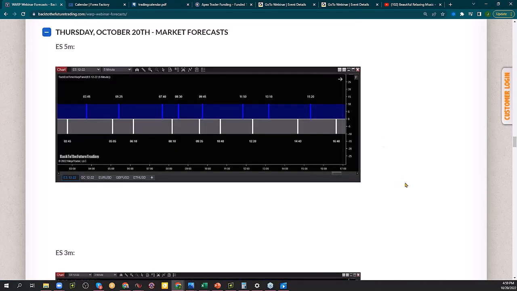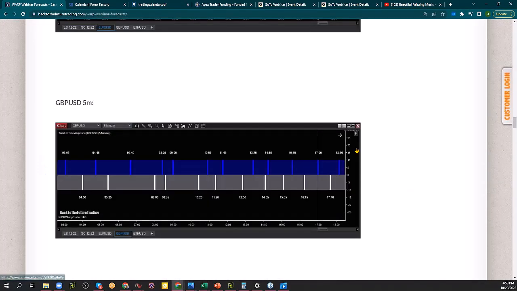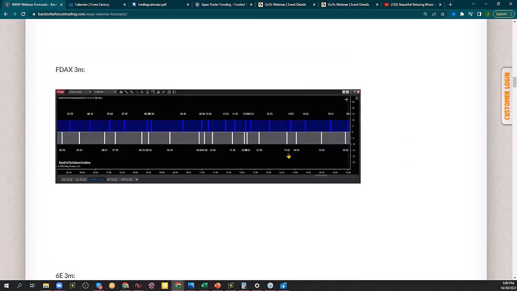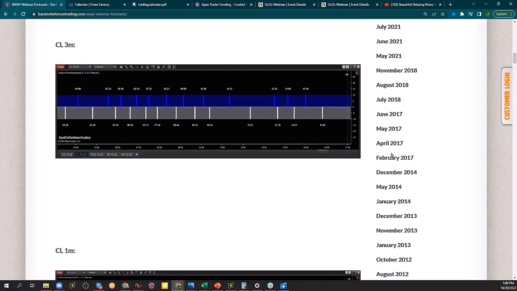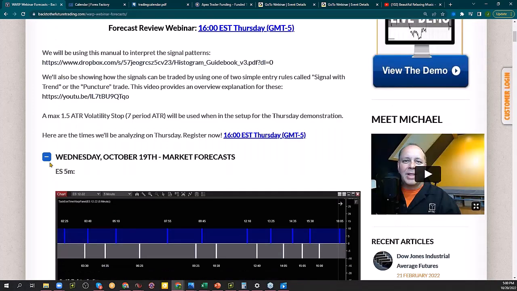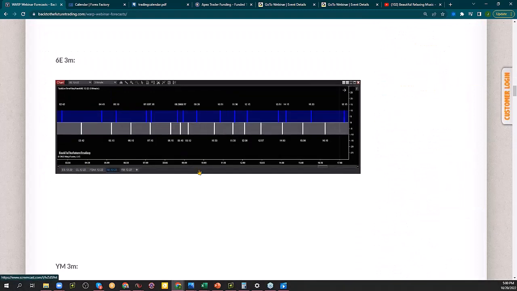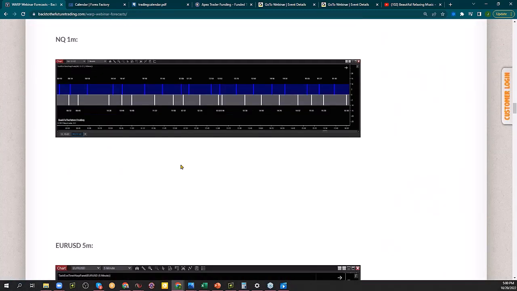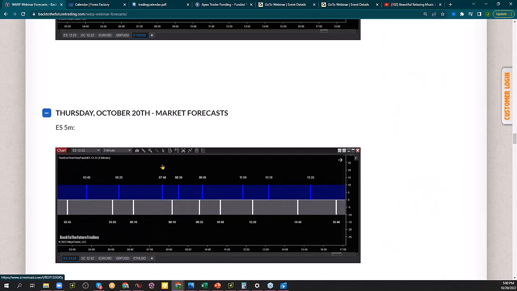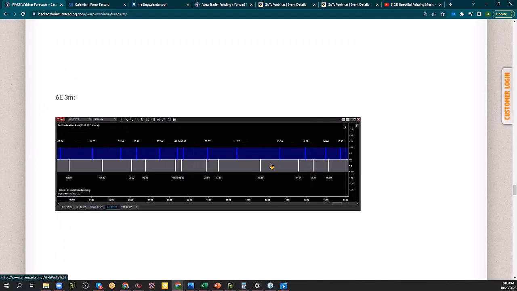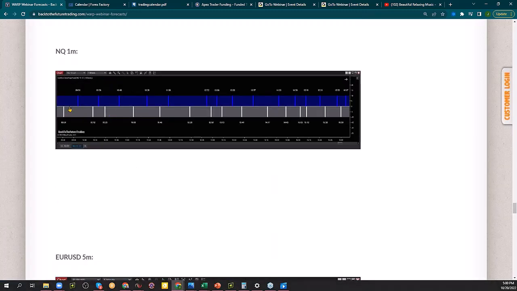Is there no NASDAQ 5 minute? Mike only puts the 1 minute on there. I mean, we could try the 1 minute. I have no idea how the 1 minute will work. I must be thinking about the ES. We can look at the ES. I have no idea how well it will work. It's just the NASDAQ 1 minute. Who knows?